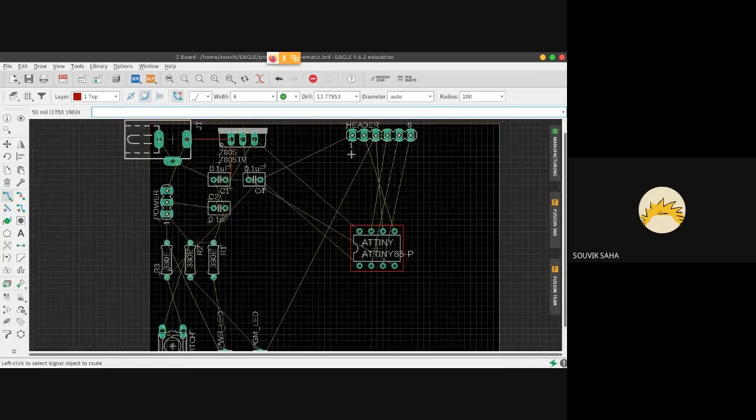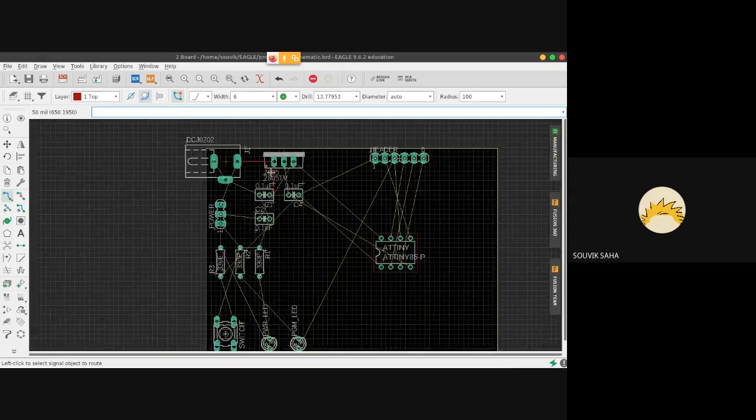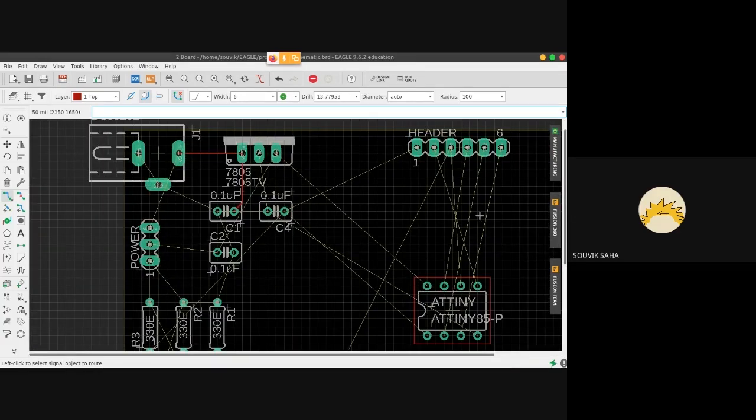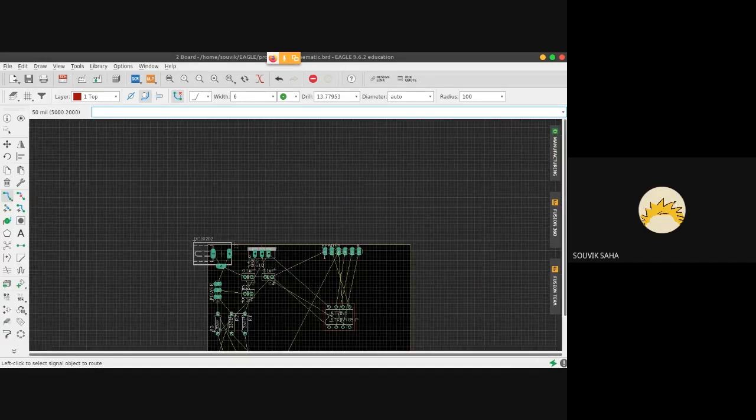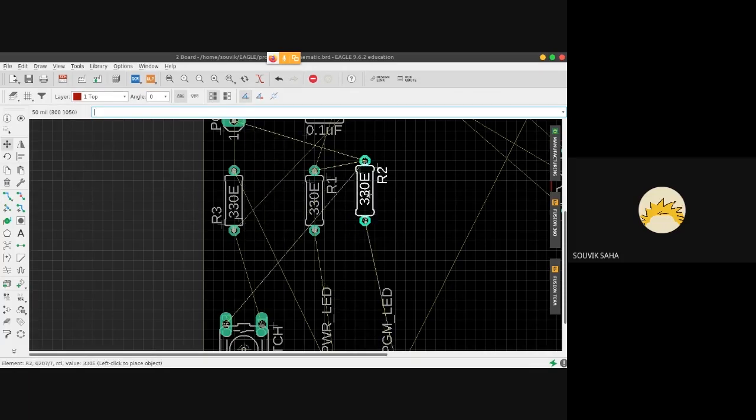One way that you can ensure that your PCB placements are proper is to see that this kind of crisscross is happening as little as possible. If you notice, if I take this over here, then there's a little less crisscrossing compared to earlier.